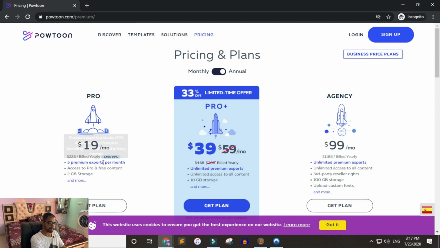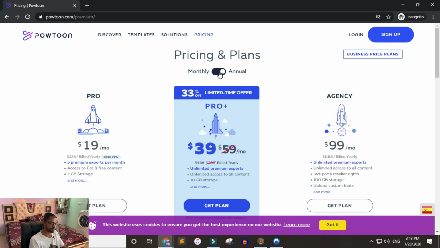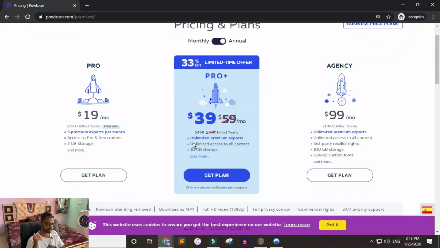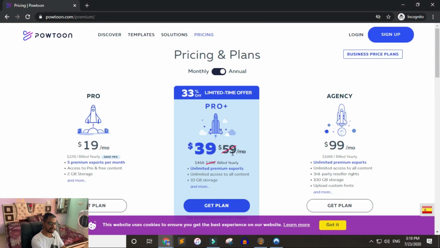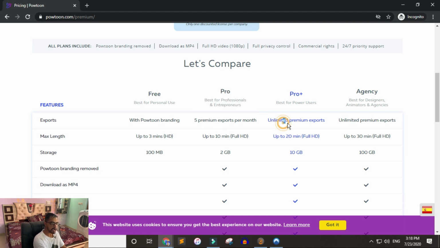Okay, they have their paid plans as well. Their monthly plans, I mean, they make no sense to me. So they are kind of pushing everyone to go with their annual subscription. There is a 14 days refund policy with Powtoon, but if you exported a video, then you can't get a refund. So they don't want to give a refund to anyone. If we compare the Pro and Pro Plus plans, as you can see, you have a limit of 5 premium videos per month, and here you have unlimited, and video length is also limited.